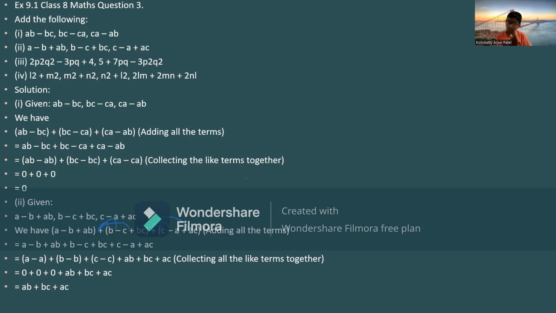Plus, so we can take out the brackets and say A minus B plus AB plus B minus C plus BC plus C minus A plus AC. So then you'll get all these things. You can directly cancel over here as we had done in the before one. A minus A cancel, C minus C cancel, B minus B cancel. Then you can directly get from this